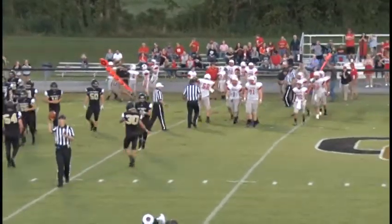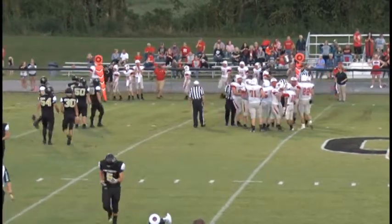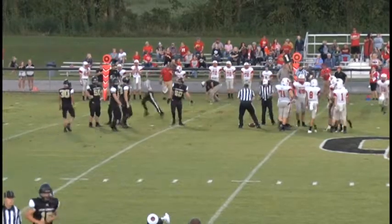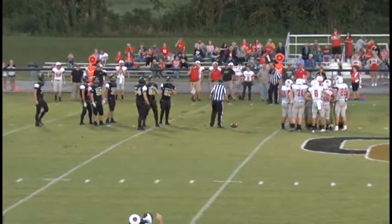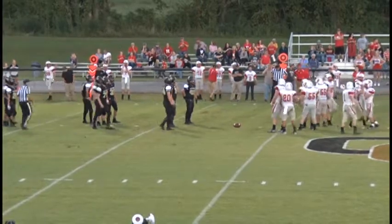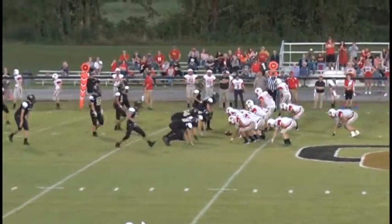He just took the ball. He made a couple of jukes, went to the outside right, found a hole, found a lane, ran right through it, and dragged him down. It was the last man, saved a touchdown there. 4 minutes and 11 seconds left in the first quarter. Again, your score, Red Bowling Springs 6, Clay County nothing, as the Red Bowling Springs comes back up to the